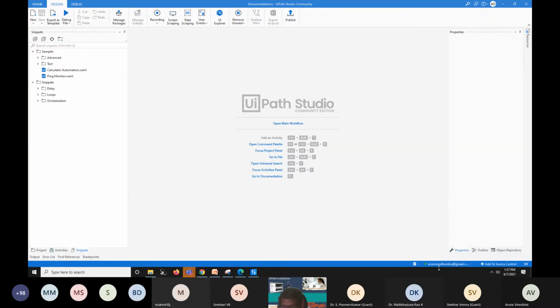That is the mail ID which you have registered. If this is showing green, then it means that you have installed properly. You have connected your UiPath Studio with the orchestrator.